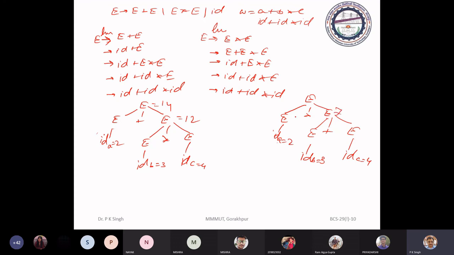Here it is 14. It is asterisk, yes, it is asterisk and it is plus. It is 12.